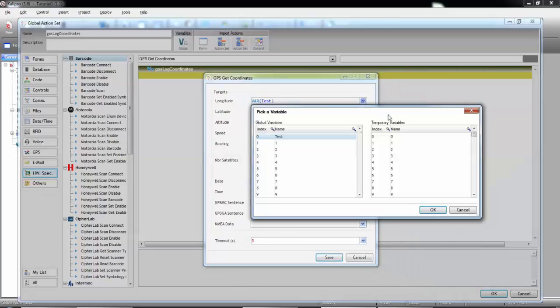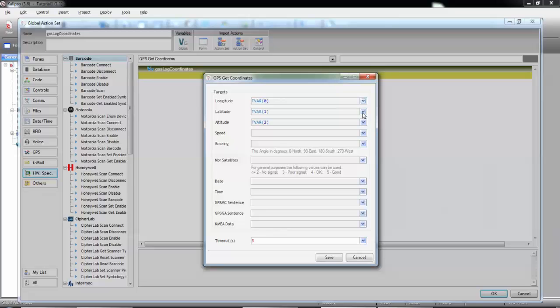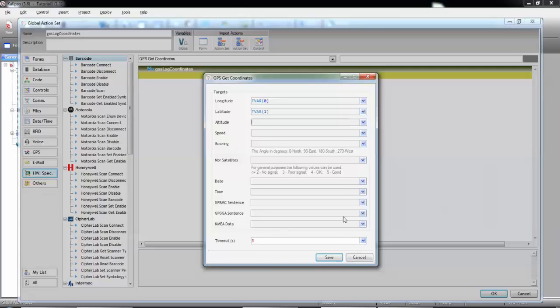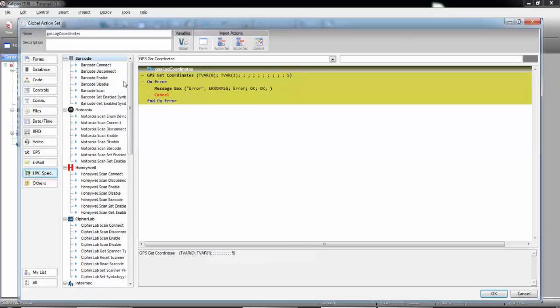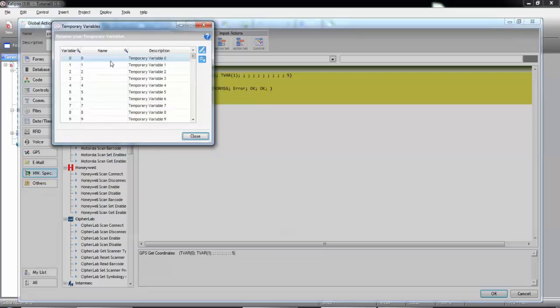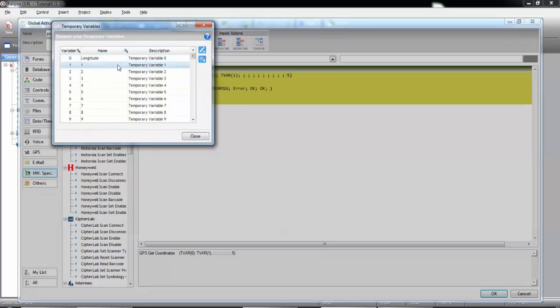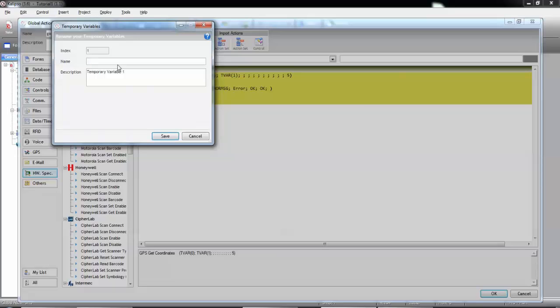So let's put longitude in temporary variable 0, and we don't need the altitude, so we can simply backspace and save. I'm going to rename the variables. So longitude, latitude,